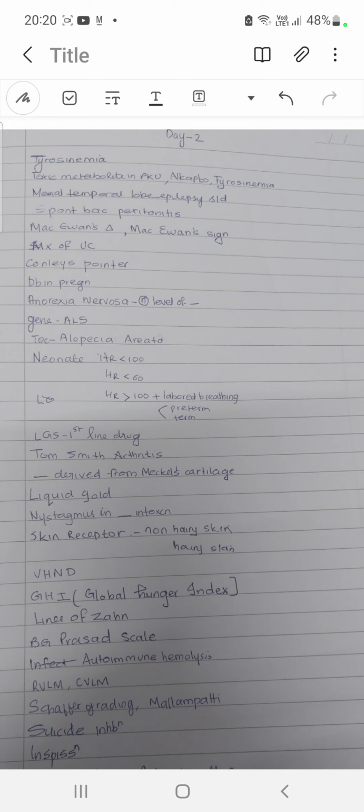Then next, inspissation, LJ medium and low flow serum slope. Monoclonal antibody against integrin in multiple sclerosis is natalizumab. Hanging drop